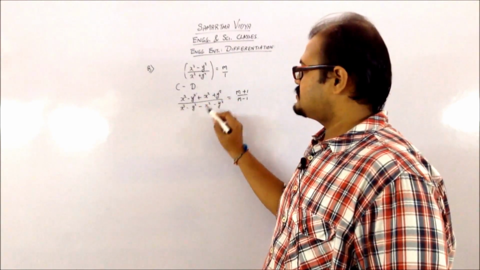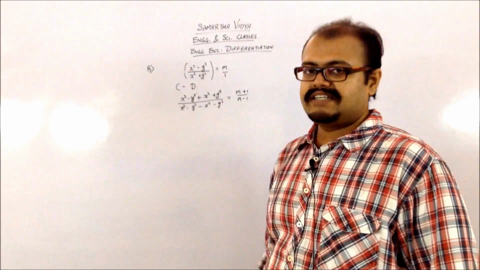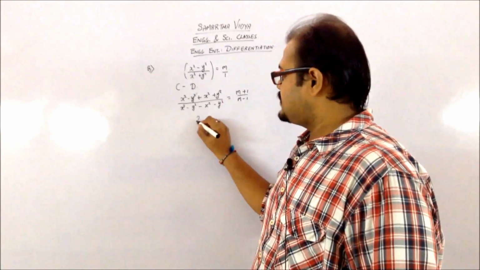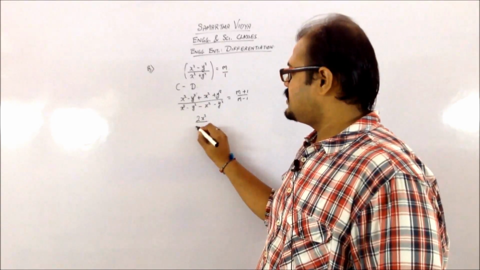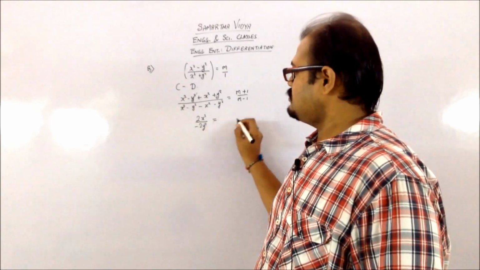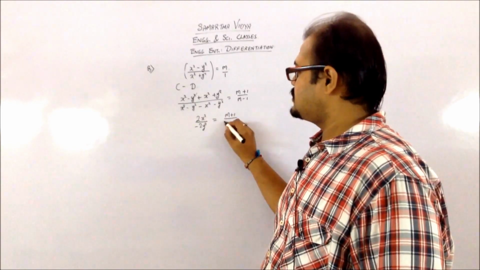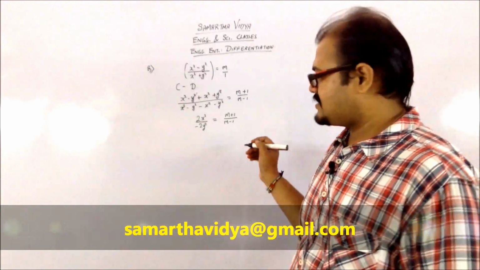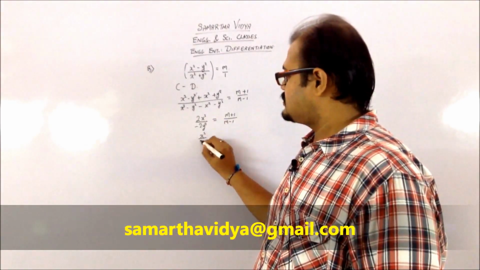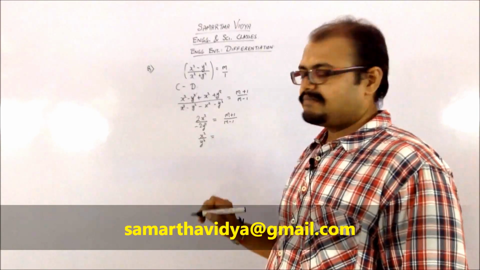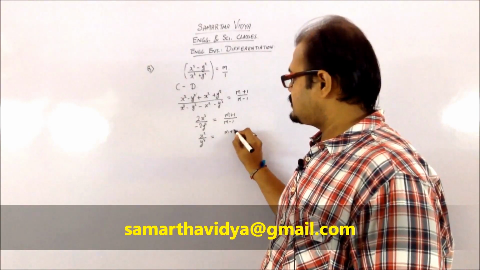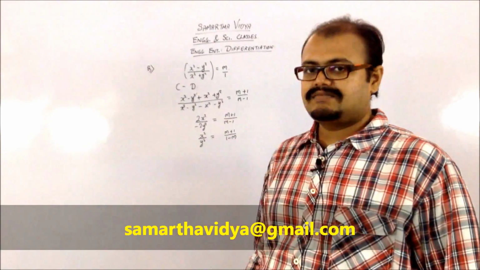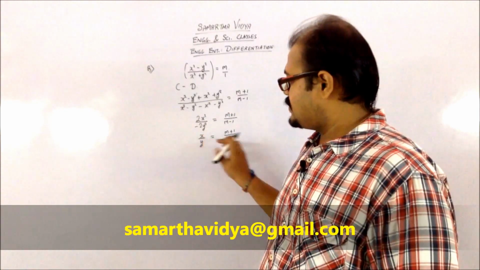You can see that the y square gets cancelled in the numerator and x square gets cancelled in the denominator. So this is going to be 2x square upon minus 2y square, which is equal to m plus 1 upon m minus 1. The 2 gets cancelled, and you can take the minus 1 to that side. So you're getting x square upon y square as m plus 1 upon 1 minus m. Now you can see that there is a square term, so you can take the square root on both sides.